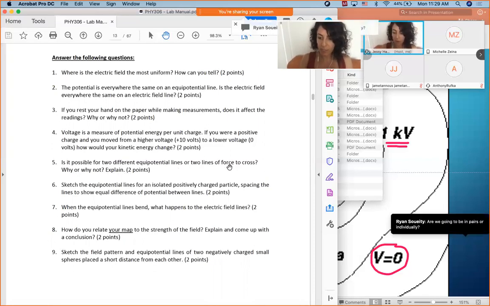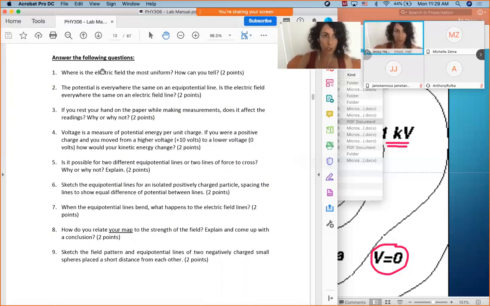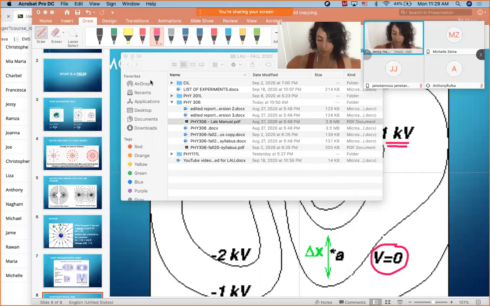Shall we move on to the experiment and the recording? No, Ryan, you're going to be individual. Thank you for your question. Each student has to do the work alone. This is good and bad at the same time. It's good because you focus on your schedule and your work, you finish on time, and you don't rely on other people. It's bad because maybe at some point you will have more work to submit, but I don't think so because the labs have been modified. Since most of the work is done by your instructor, which is me, like the experiment itself, all you need to do is answer the questions. So I'm going to be your partner if you need me to, Ryan.